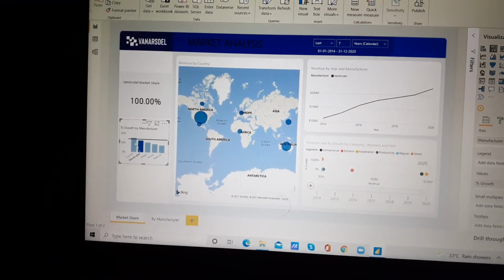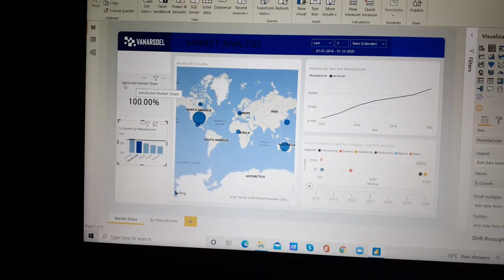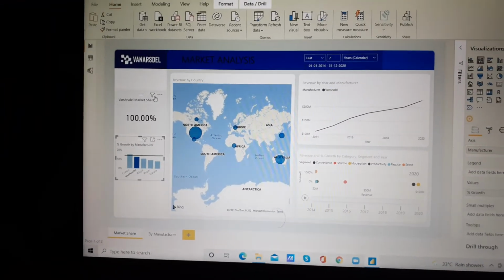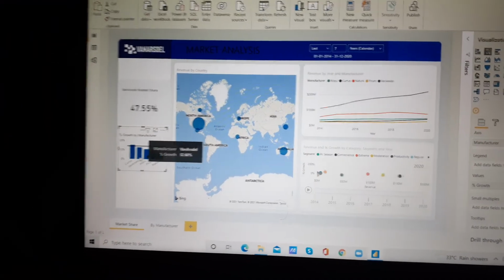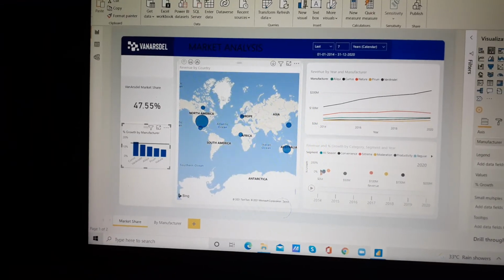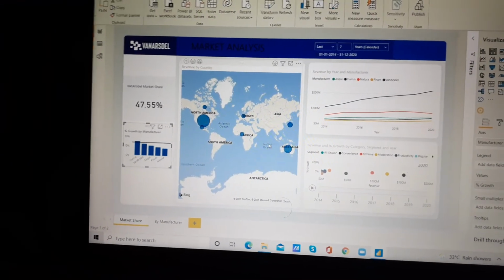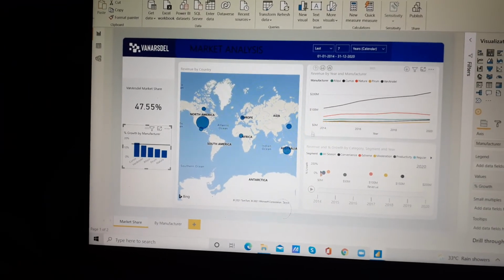As I clicked on this column, it is showing that the market share of Van Diesel is 100%. Okay, now come to this one. This is the map, right? And here we can see the names of the countries.